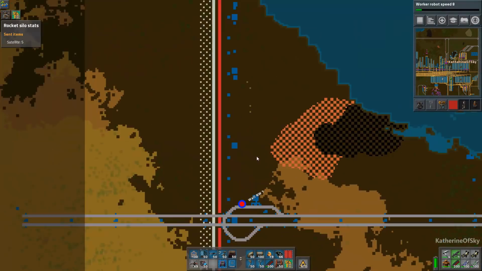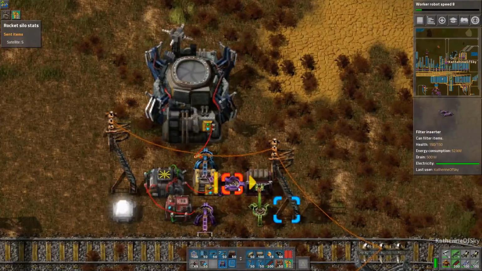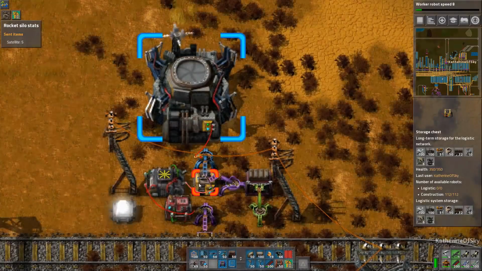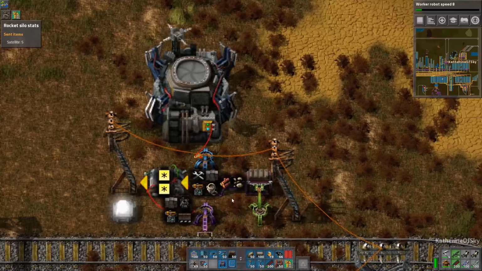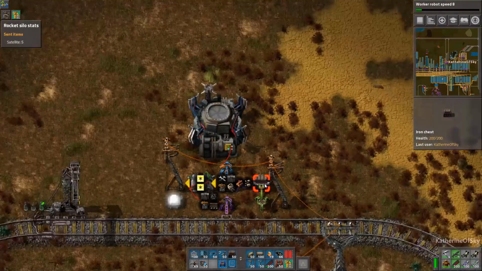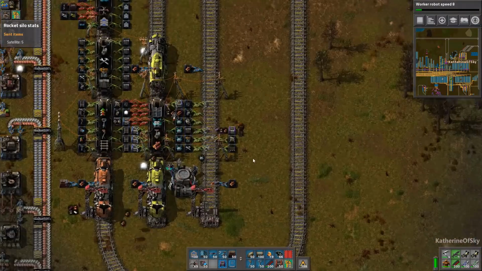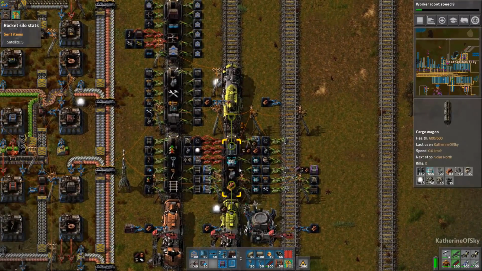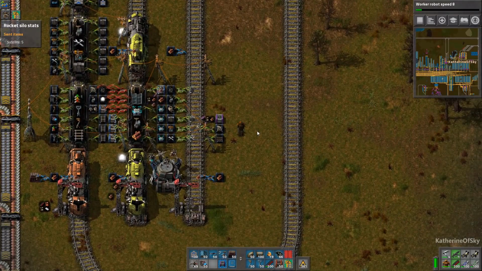I have changed the wall blueprint to now have a recycling feature, and that is all of the stone and wood will get stored in the storage chest, but this filter inserter takes stone and wood out of the chest and puts it into just a side chest, and then the stack inserter feeds it back into the train. And this train, the solar train, has wood storage as well as